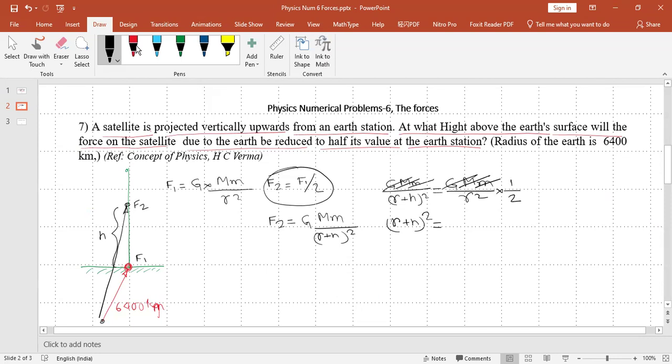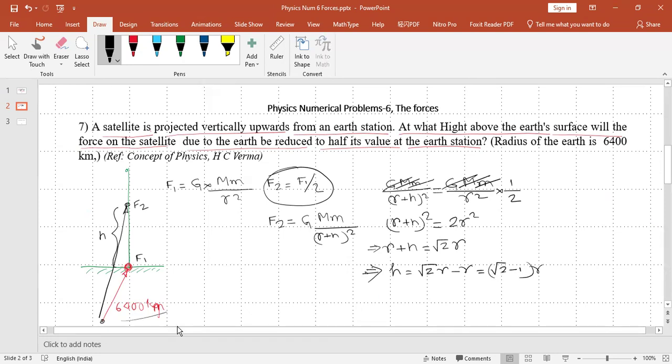So (R plus H) whole square is equal to, from here we find by taking the square root on both sides, R plus H is equal to root 2 R. Therefore, from here we find that H is equal to root 2 R minus R, which is (root 2 minus 1) into R,